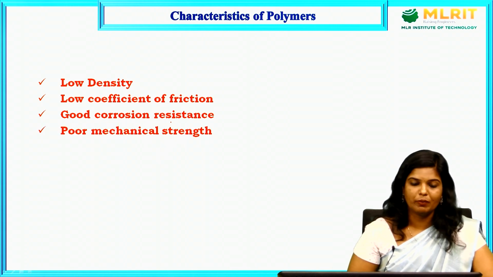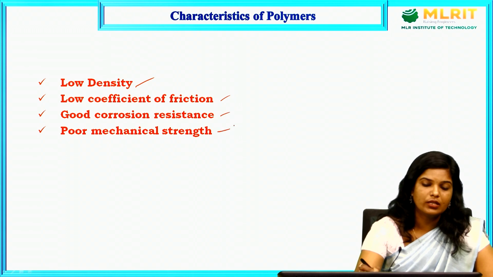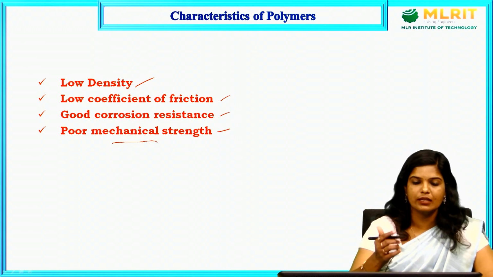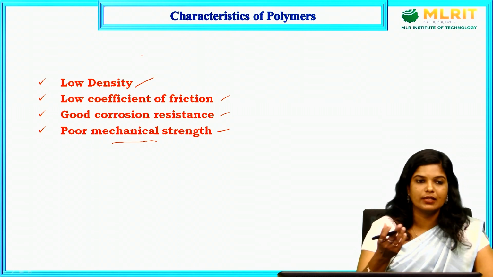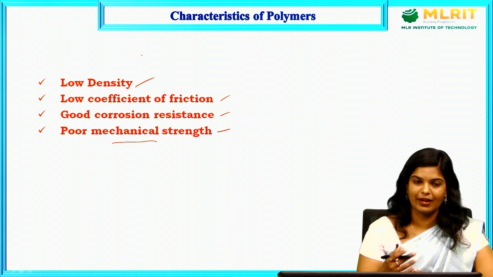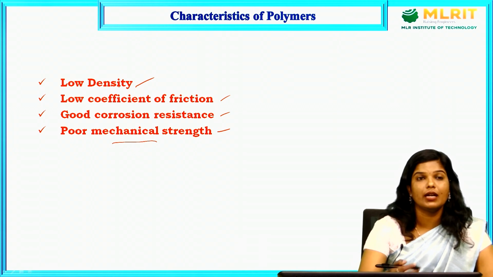Then comes poor mechanical strength, obviously, because low density is there, isn't it? When low density is there, the mechanical strength will be poor. Take the same example: a guy who is a little bit fat and the other a little bit thin. What happens when the guy is fat? He will have good strength. Not always, but still. But a guy who is a little bit thin, what will happen? The mechanical strength will be